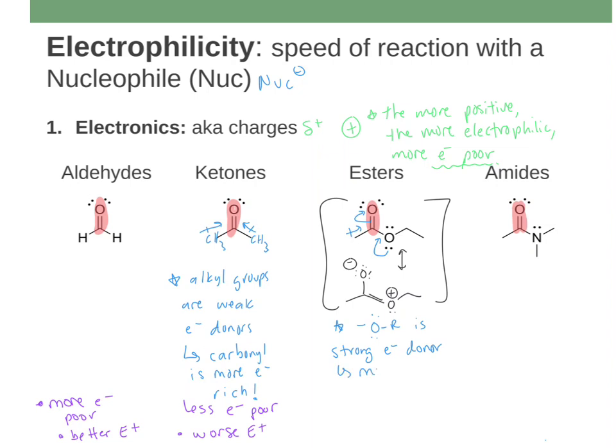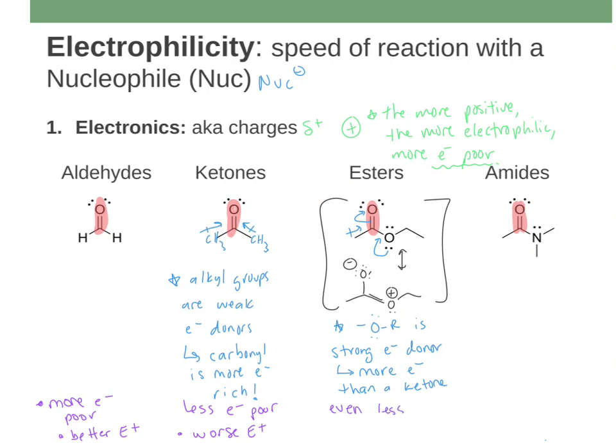Which means this is more electron rich than a ketone, right? Because a ketone just has the weak donors on there, just the alkyl groups. But an ester has a strong electron donor on that carbonyl, so that carbonyl is more electron rich. It's got more electrons than the ketone does,